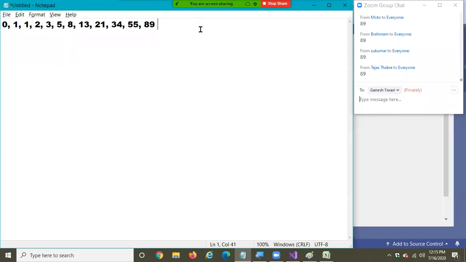Okay. Now, here the question arises. In the interview, you are asked the question, write a program to print the Fibonacci series. I'll print the Fibonacci series, but how many values are you expecting?